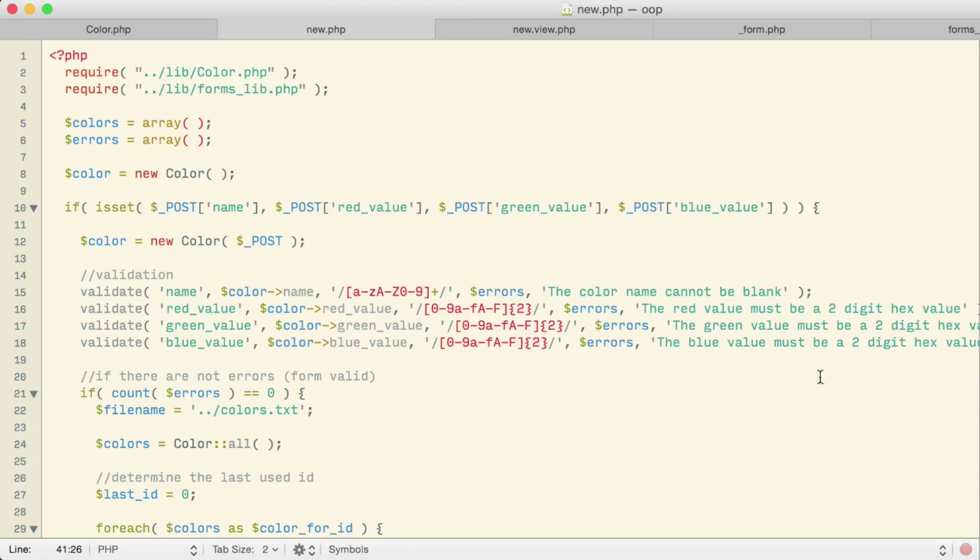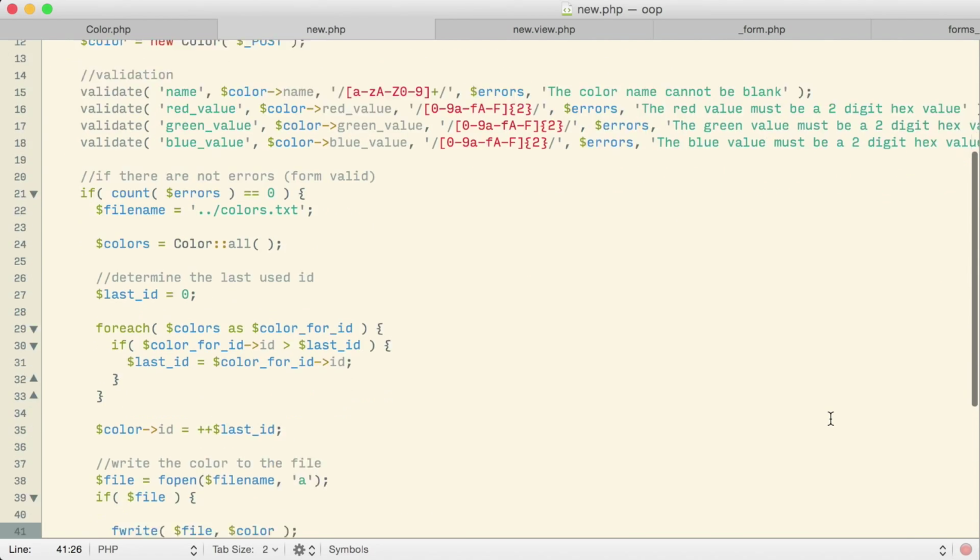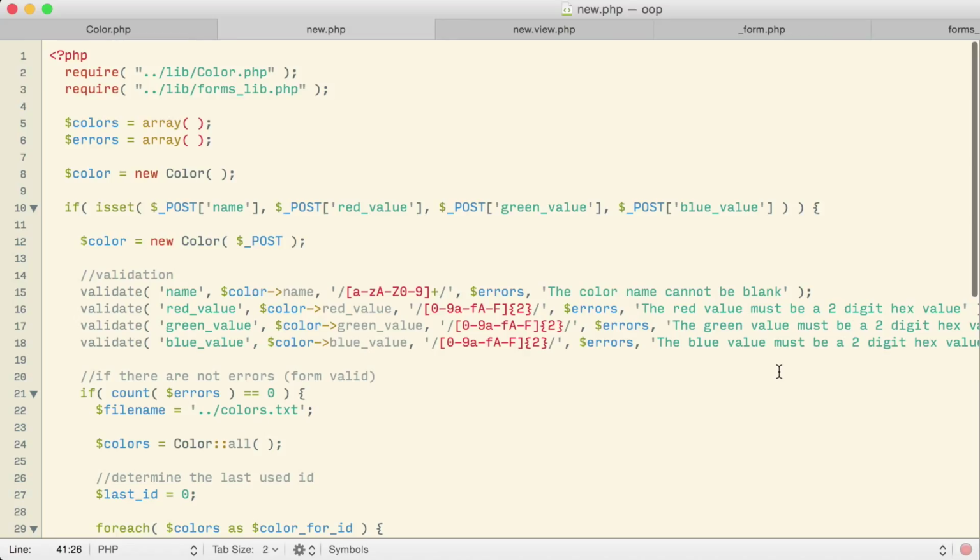The next step I think I might want to take at this point then is a rather large one. What I think I might want to do at this point is to move validation into the object itself. Really, it seems to me that it's the object itself that should be able to decide whether the values that are stored in it are valid or not, rather than having a separate external page make that decision.